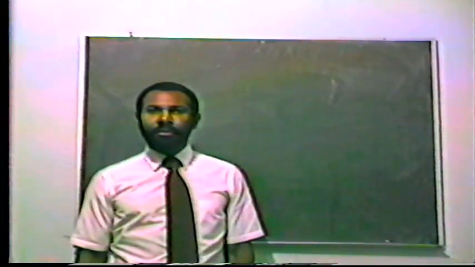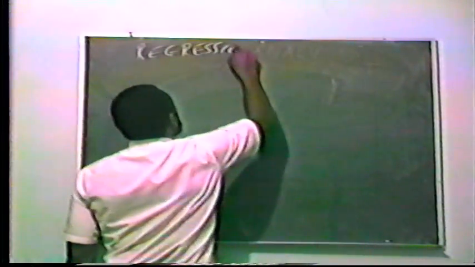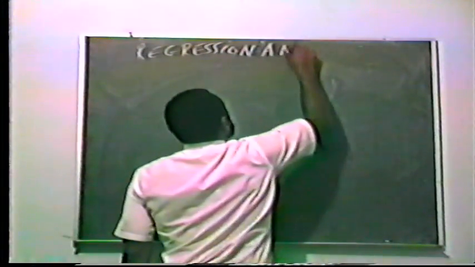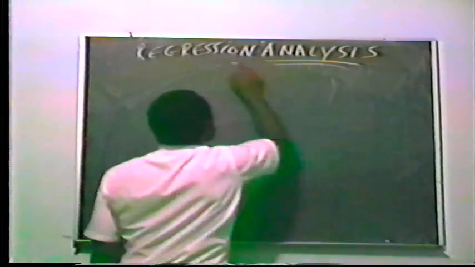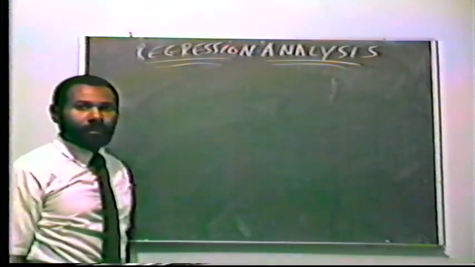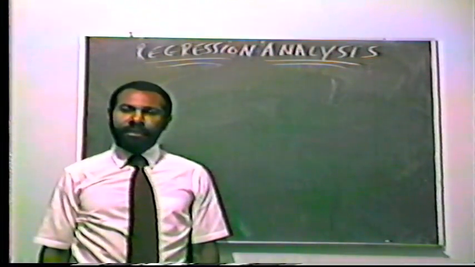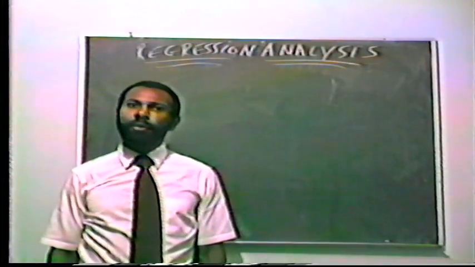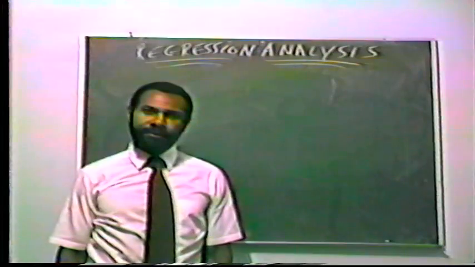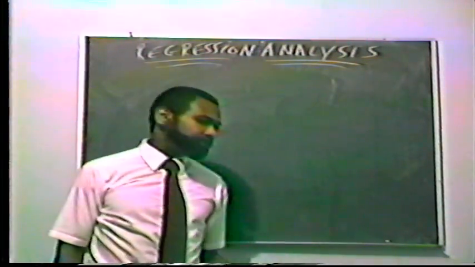This lesson is on regression analysis. For any set of paired data, we can draw a scatter diagram, or what we call a scatter plot. For example, if we take this set of paired data,